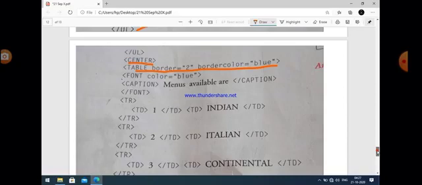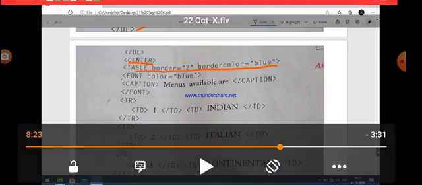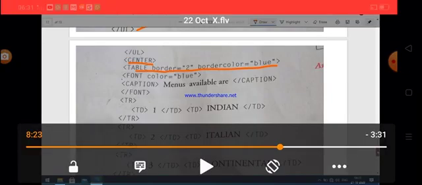Basically, after the execution of that statement, the caption of the table, or the heading of the table, that is "menus available are", is now of blue color. Okay. So now the second important thing: